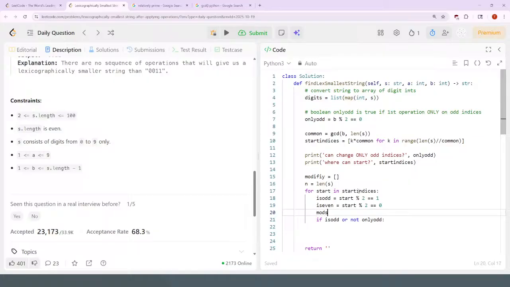Say mod first equals mod second. Mod here is just modify, not like the modulo operator. Although it's kind of similar in some ways. If it's odd or not only odd,